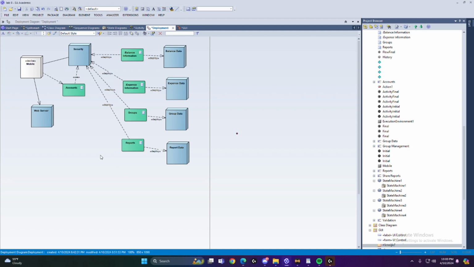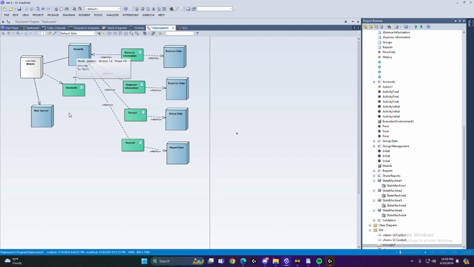Moving on to our deployment phase, here we have a mobile device that is connected to a web server and